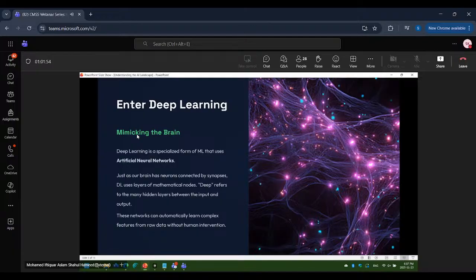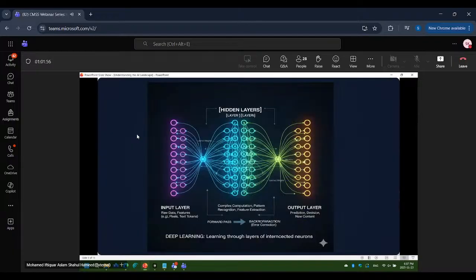Here, we have an input layer, and then there are layers called hidden layers. The input is fed through these different layers and then it learns.